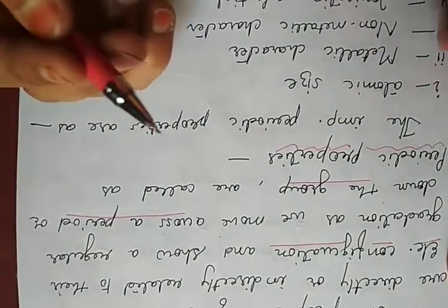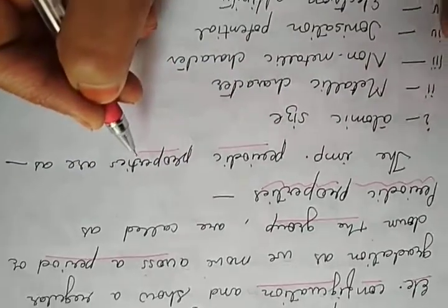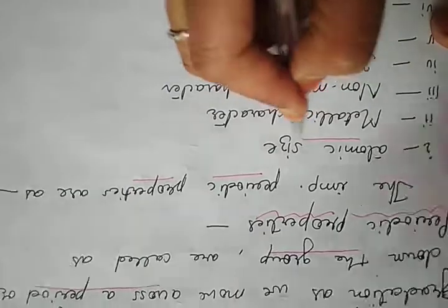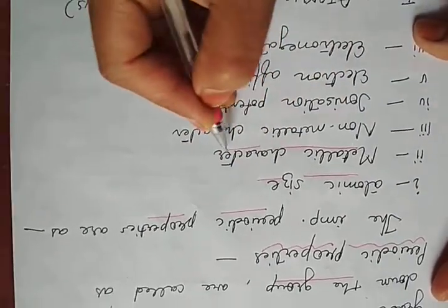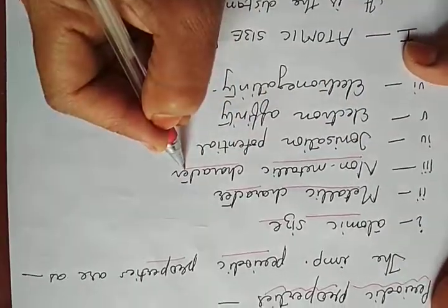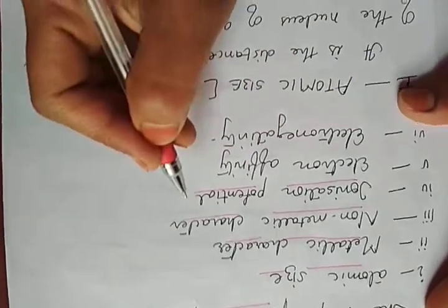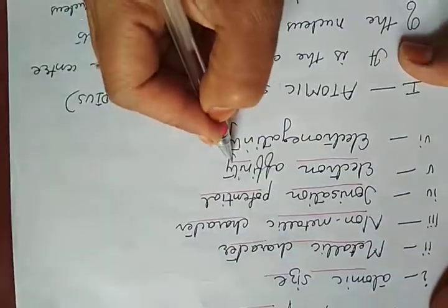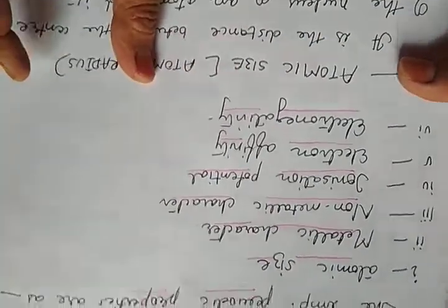There are a total of 6 important periodic properties. The first one is atomic size. The second is metallic character. The third one is non-metallic character. Fourth one is ionization potential. Fifth one is electron affinity. And sixth one is electronegativity. I repeat,